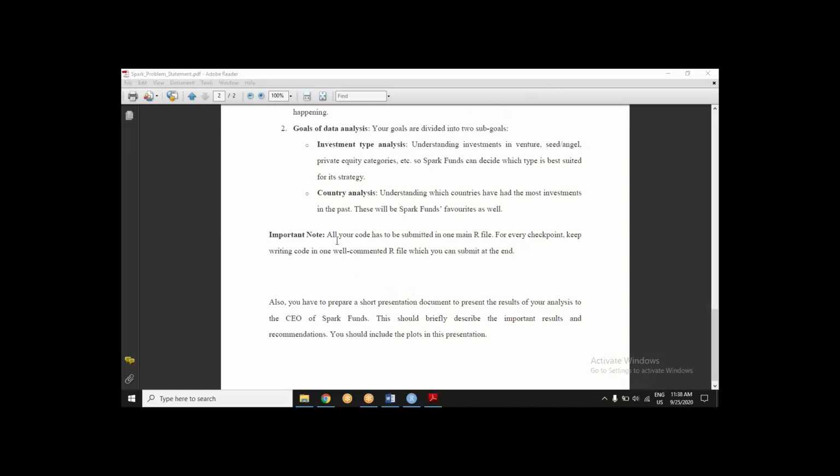What your submission will comprise is: your code should be in one R file. Name your R file by your name, and that's imperative, guys, because it becomes a nuisance for me if everybody names it Spark Fund, and I don't know which is which. I don't have that much time to check who sent what. So name your R file by your first name underscore last name, so that I know who sent what.